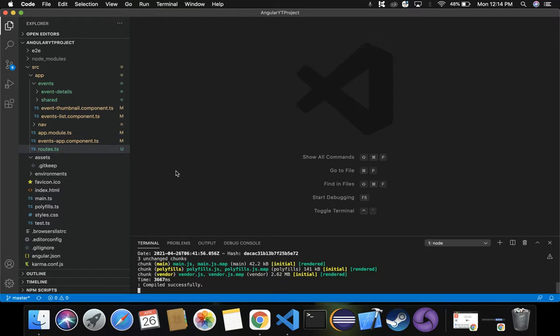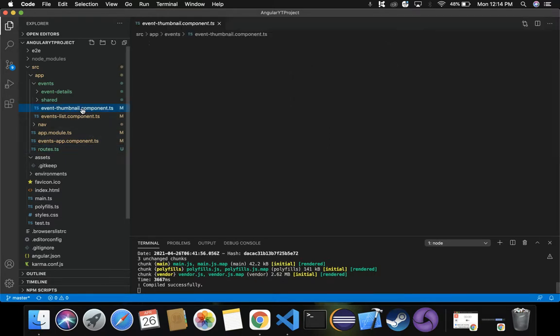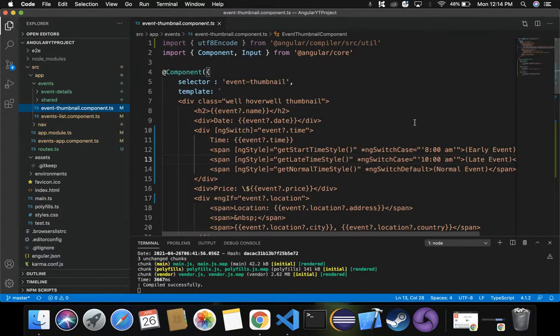Here inside event-thumbnail component.ts, for the div inside this template, let's add a routerLink over here. routerLink equals, and this routerLink will take an array of arguments, such that the array contains the path as the first parameter, and the second parameter, if you are passing any ID for your web page.